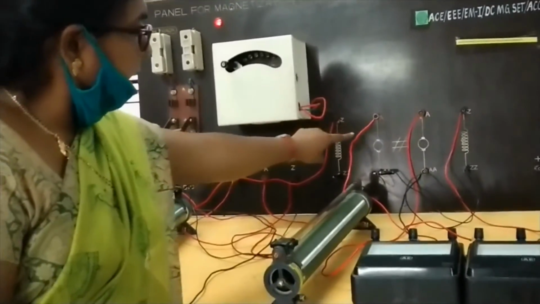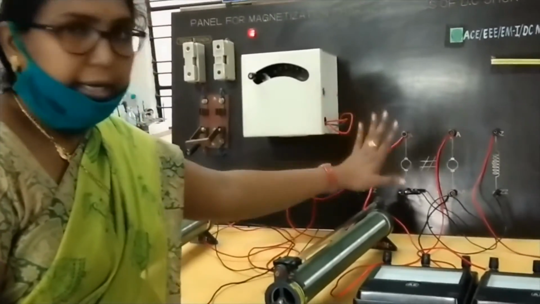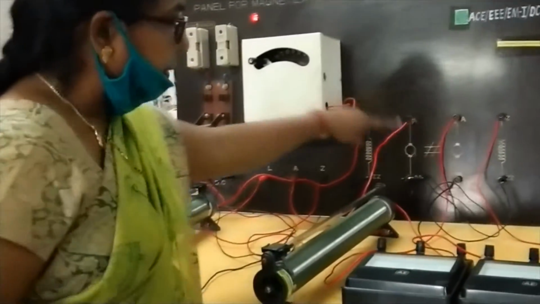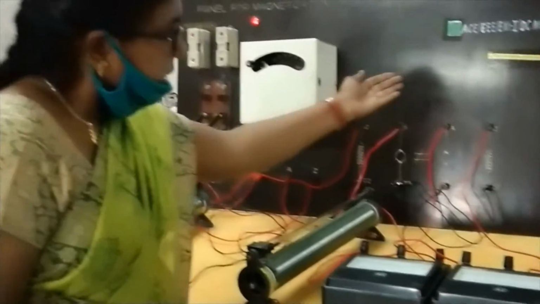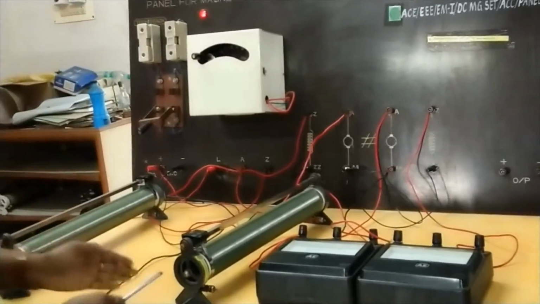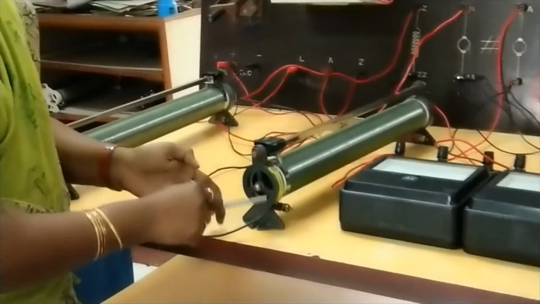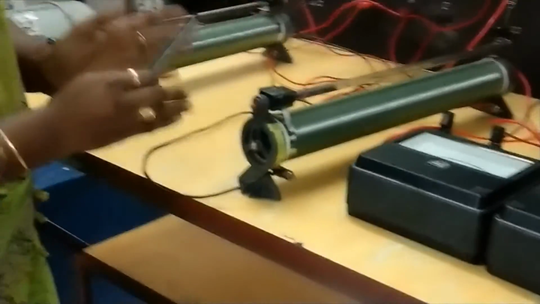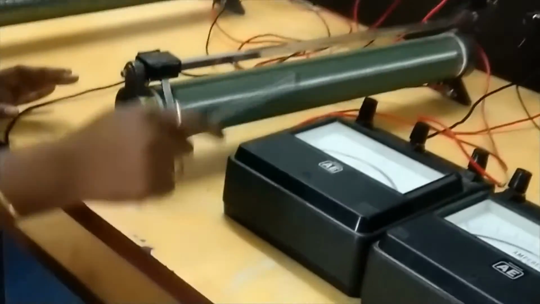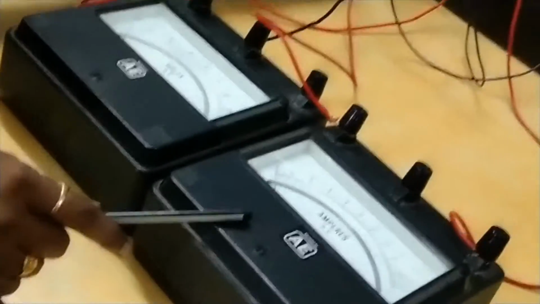As I showed you in the morning, the symbol in between shows that there is a mechanical coupling between the motor and the generator. To the right-hand side we have a symbolic representation of the armature AA of the generator, and Z and ZZ as the field winding representation. Coming to the other one, this is a potential divider placed in the generator field circuit. From this potential divider we excite the field winding of the generator. And here I kept one voltmeter to measure the open circuit voltage of the generator, and I have connected it in series with the field winding.